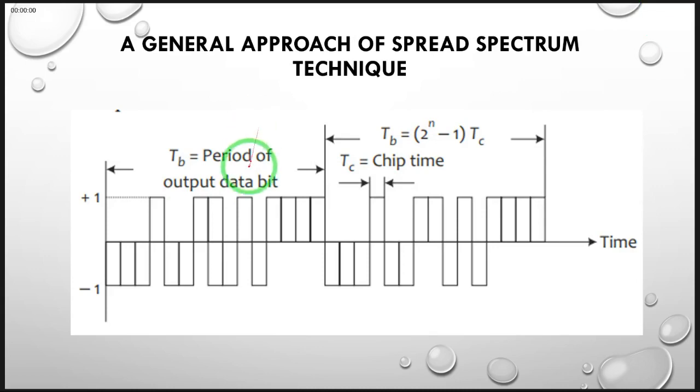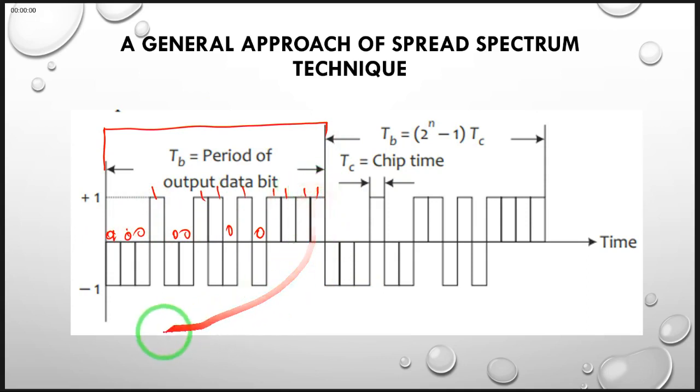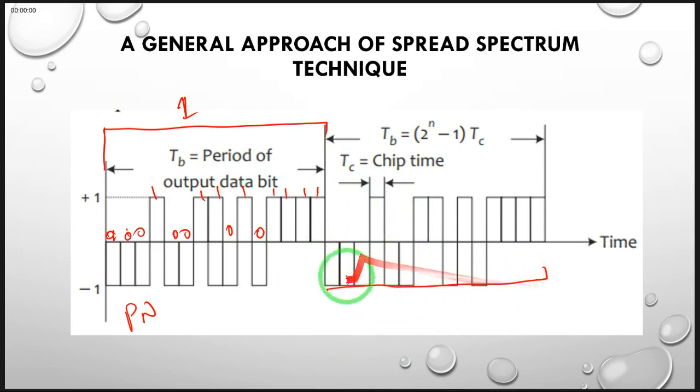We have already seen this diagram. Say you are sending two bits. The one is 1, and the other one is 0. So what will happen is that if your spreading code was 1, 0, 0, 0, 1, 0, 0, 1, 1, this might be your spreading code PN, and you're sending a symbol 1. Then if you're sending a symbol 0 in the next bit duration, all these are going to be reversed. So instead of this being 0, 0, 0, they're going to become 1, 1, 1,